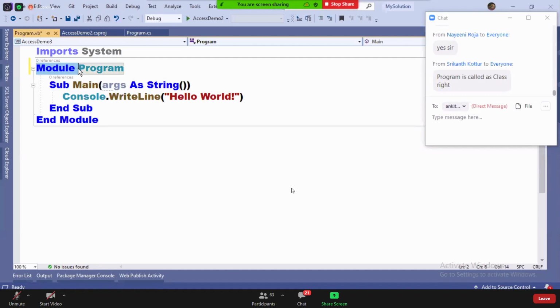A module is something like a static class in C#.